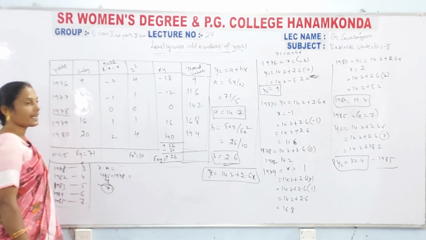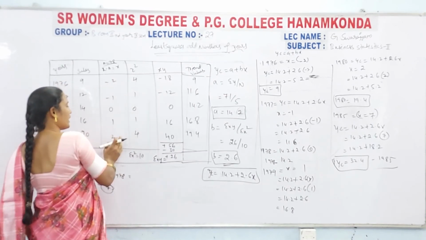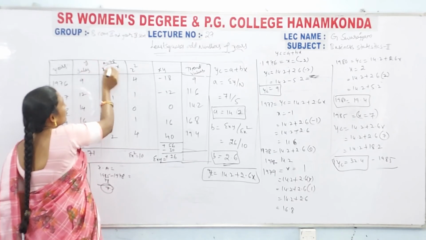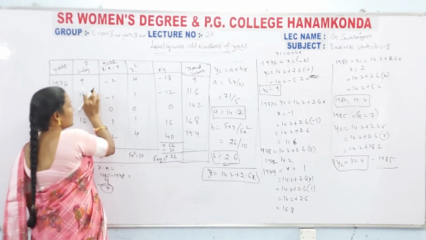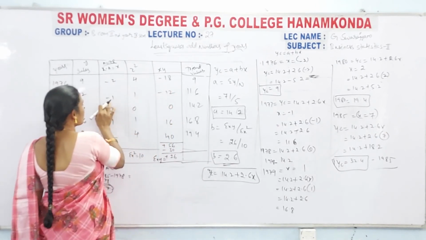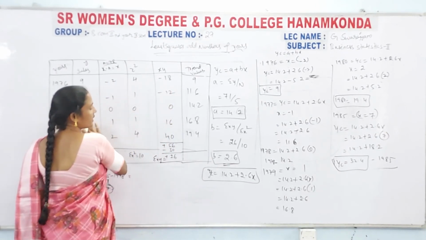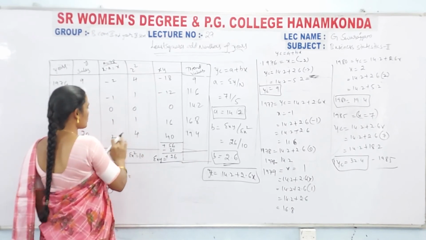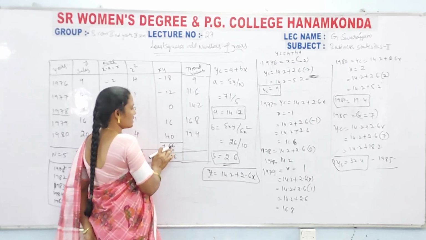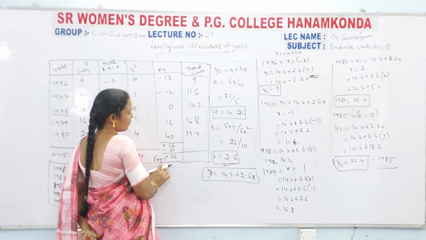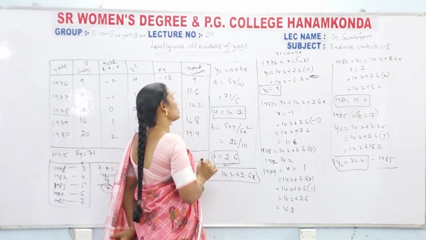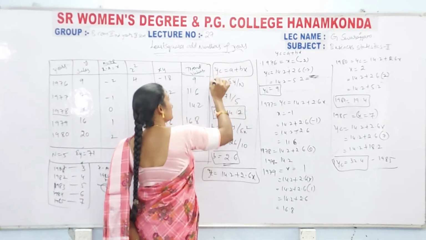So, this is the calculation: you have to find out the x value, then after that the x square value, then after that y into x value. So, minus 2 into 9, minus 18, minus 1 into 12, minus 12, 0 into anything is 0, 1 into 16, 16, 2 into 20, 40. Then the total is positive 56, negative 30. Then the remaining amount is positive. Next, for future estimated values, YC is equal to A plus BX, which gives the trend values.